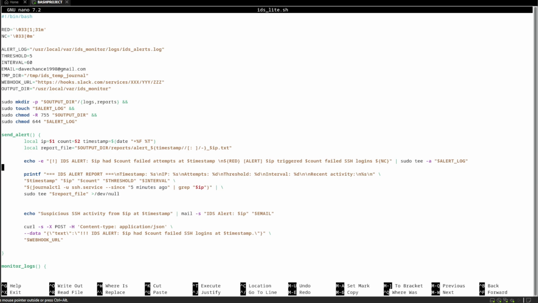Now I'm going to have to talk about the email. When you run the script, if you get the email perfectly, that's brilliant. However, you may not get any emails. You might have to install postfix and set up SMTP if it doesn't work. And if that doesn't work, then you're better off using something like Mailgun, set up Mailgun, and then try to make the email work that way. If none of that works, I'm going to show you how to set up a Mailgun API key so that you can send it through Mailgun,